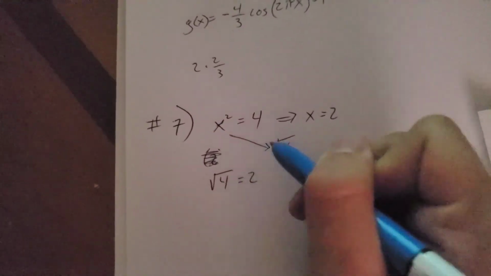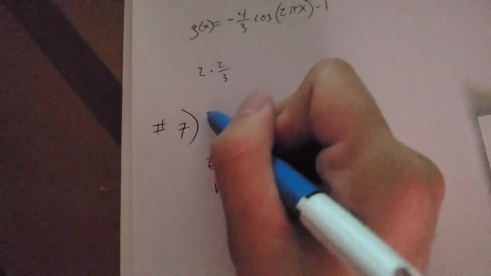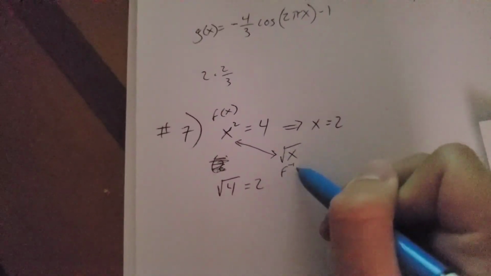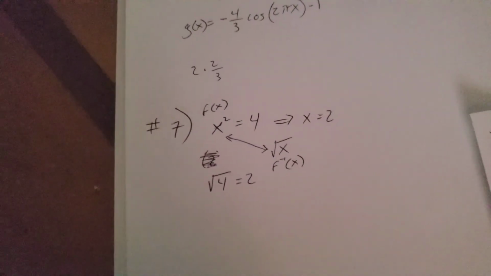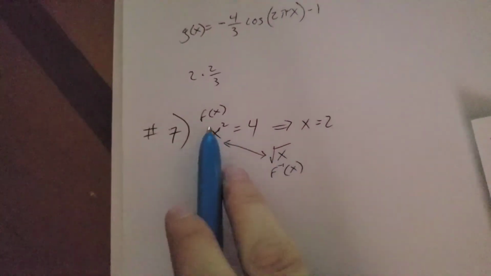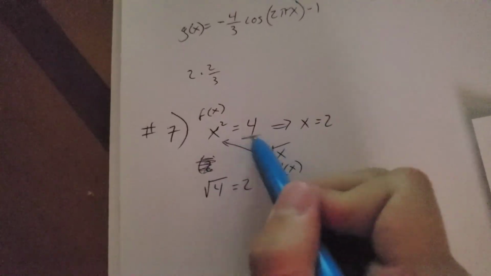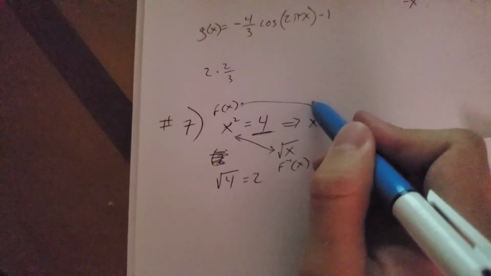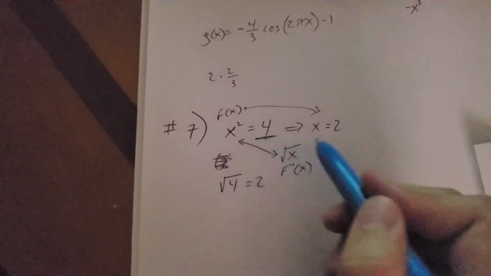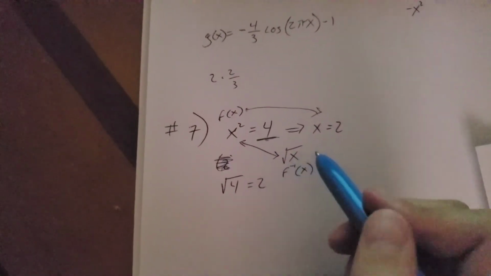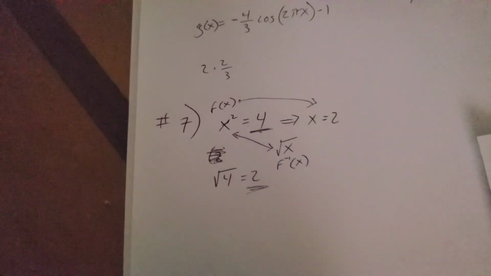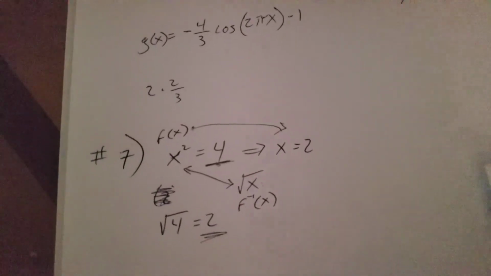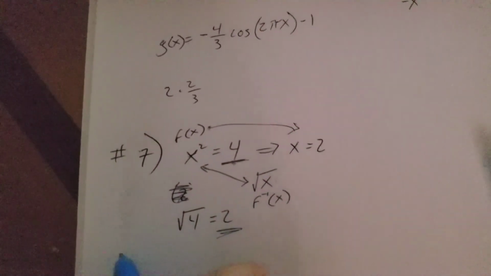Okay, so these are inverses. You can say that this is the original f of x, and this is your f inverse of x. So you're just using inverses. If you put this value into this, you'll get this in return. If you put the same value into the inverse, you also get this value. So she's just using inverses. All right, now the last two are going to be